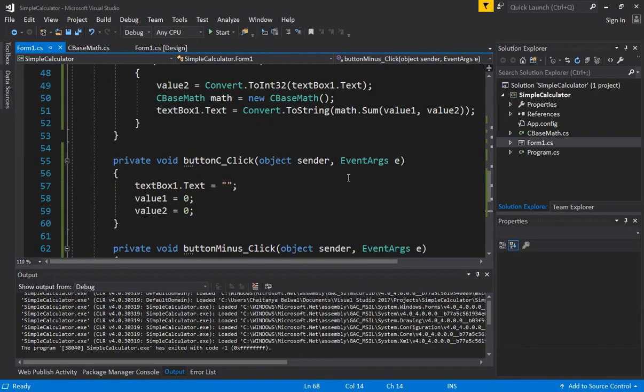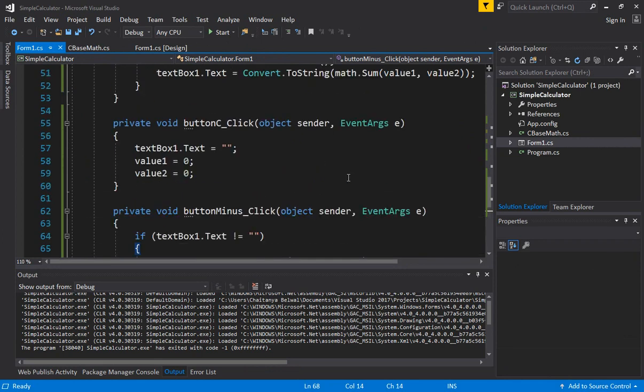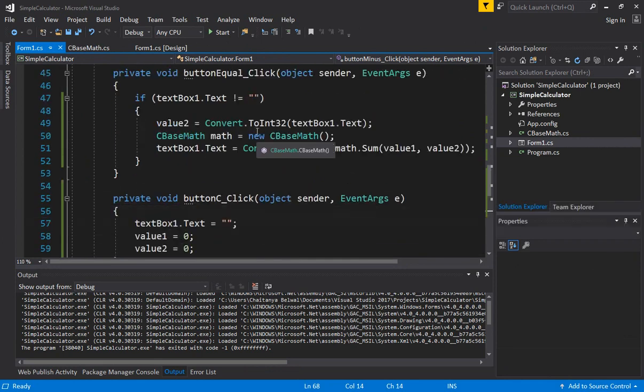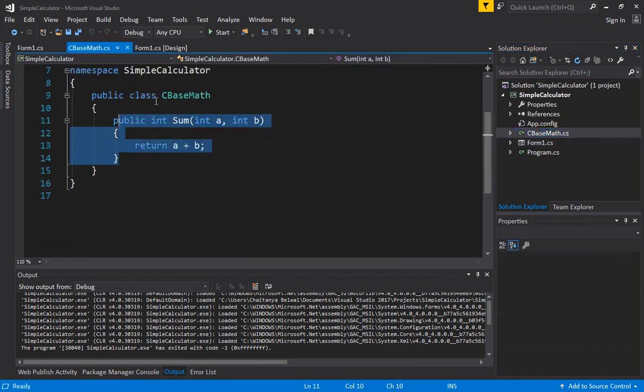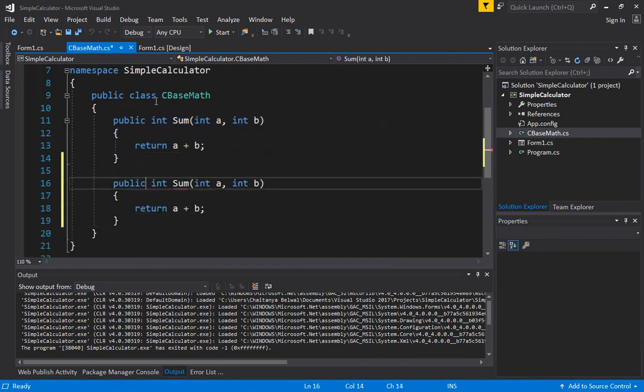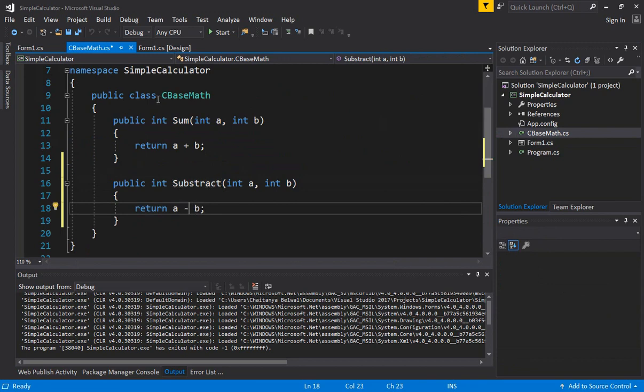So what we need to do here is actually come down to your equal to, and this condition here, the operation that you apply, like we are applying math.sum right now, which was in our C-based math class, this will be based on the button that was pressed for the operator. So if plus was selected, you need to call sum. If minus was selected, you need to call a different function. So first what we need to do is add a minus function here, or let's call it a subtract function, and do return a minus b,